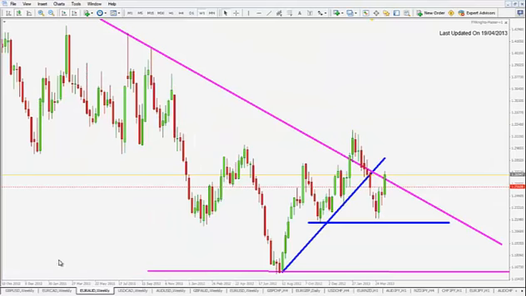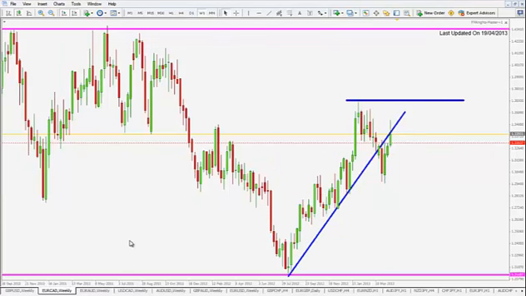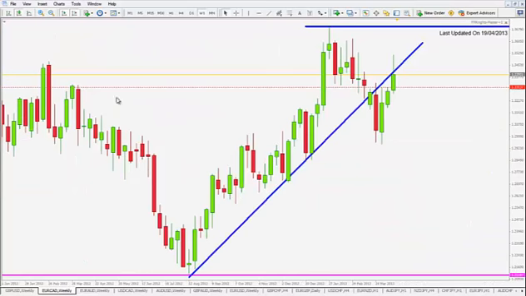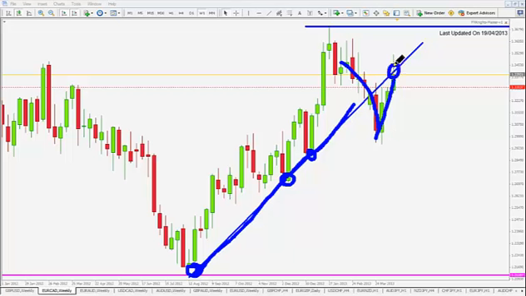The next pair we want to look into is the euro against the Canadian dollar. For this week, what is our directional bias? Well, we were expecting a trend collapse on this pair on the weekly time frame, as price broke through this rising trend line in here, which was acting as support. We got the breakout of that trend line, and right now price has pulled back to retest this trend line, which was acting as support and is now